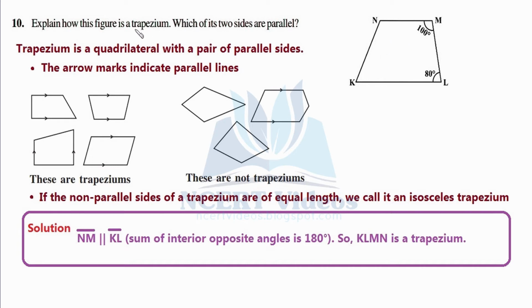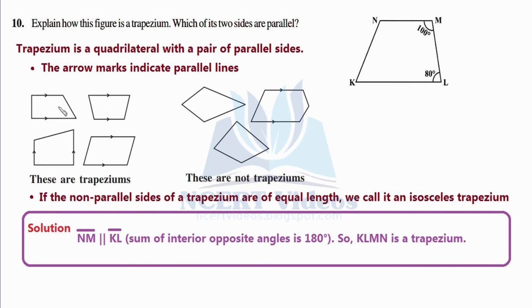So first of all, let's revisit the concept of trapezium that we have learned in this chapter. A trapezium is a quadrilateral in the first place. If you observe the figure, it is a quadrilateral because it is composed of 4 line segments with a pair of parallel sides. But here is a trick. We are not shown which of the two sides are parallel to each other, and that is what we need to find in this question. Also, we learned in the case of a trapezium, the arrow marks indicate parallel lines, but the same is not shown to us. Let's go through various examples of trapezium.